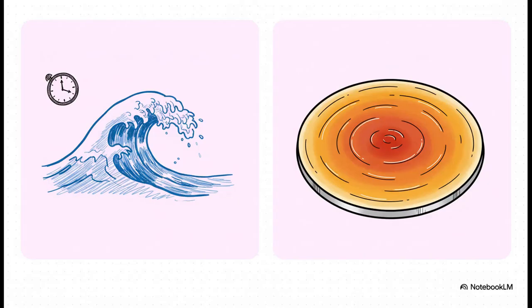To really get why the wave equation is so special, it helps to compare it to another big one, the Laplace equation. So imagine you're heating a metal plate. The Laplace equation can tell you the final settle-down temperature at every point. It's a snapshot of a balanced static state. The wave equation, though, it's all about the process of change. It's not about the destination. It's about the journey, how the structure evolves through time.